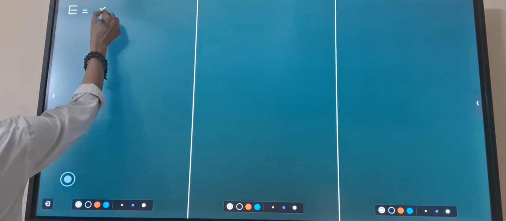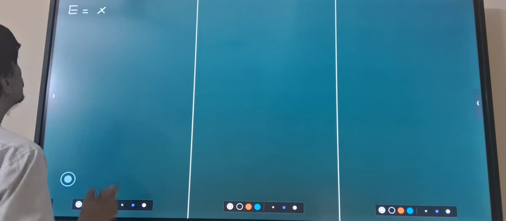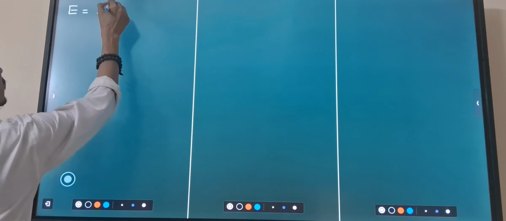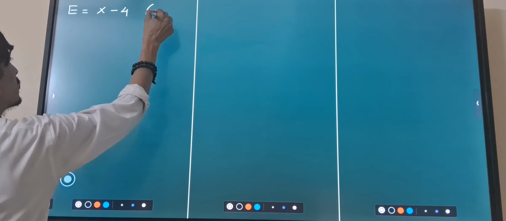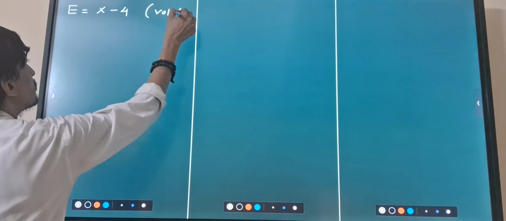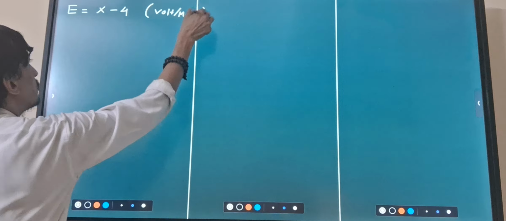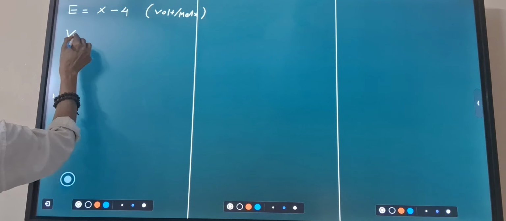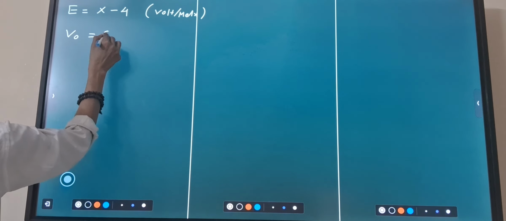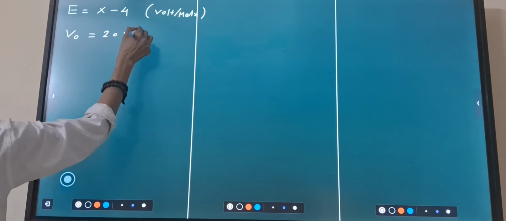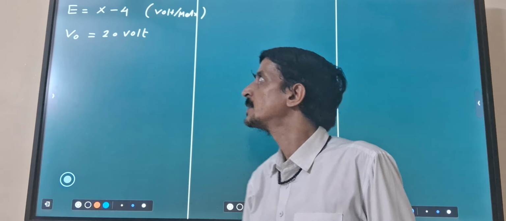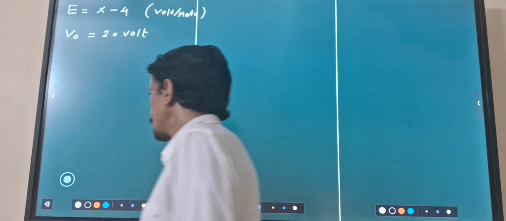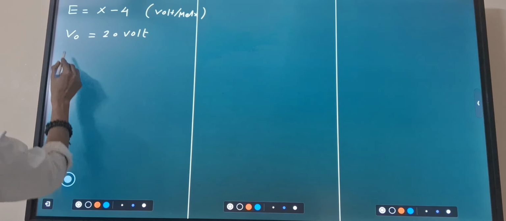E is equal to x minus 4. Here the unit of electric field is volt per meter. And the potential at origin is given to be 20 volt. This is the question. Then we have to find: